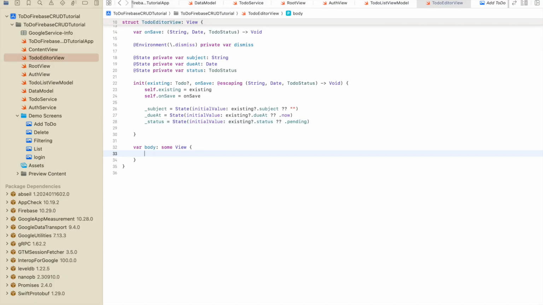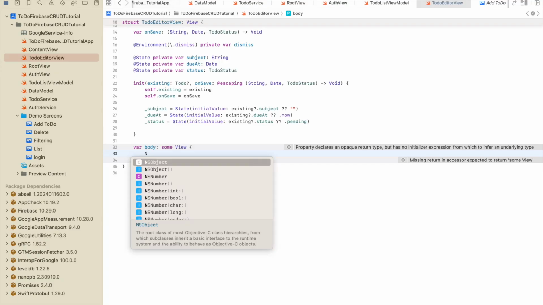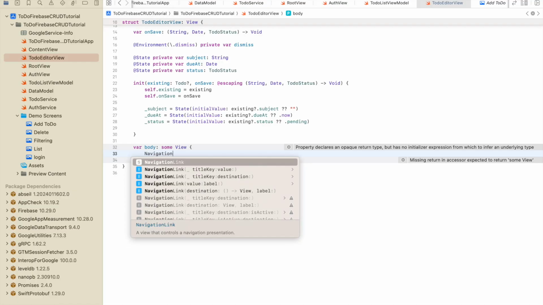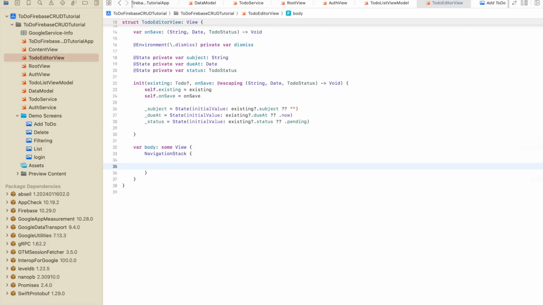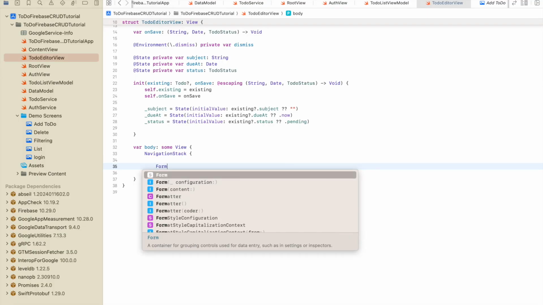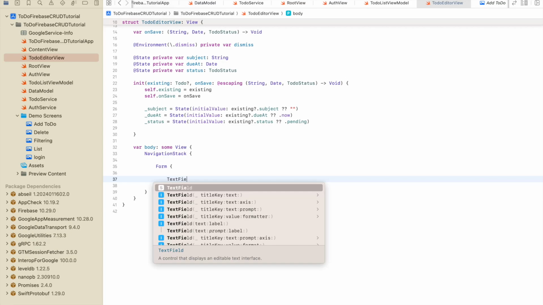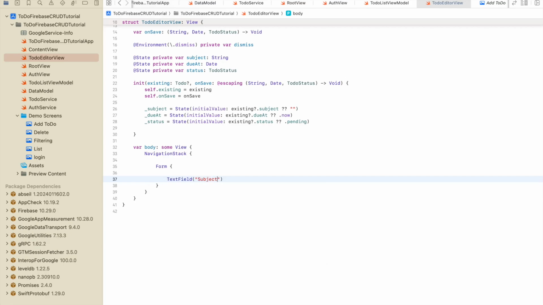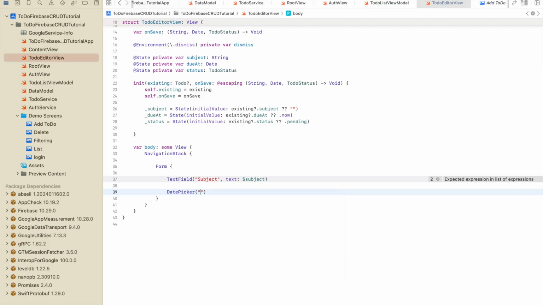So delete line 33 and then add our new navigation stack. A form. Our form will contain the following elements, such as a text field to capture the subject of the to-do, also a date picker that includes the due date of the to-do, selection,